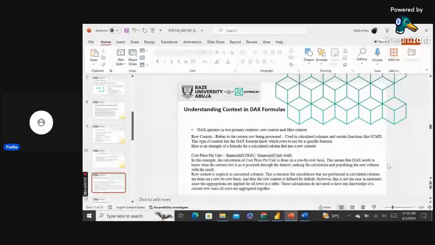It's a row context. Row context is implicit in calculated columns. Calculated columns are done on a row by row basis, thus the row context is defined by default. In measures, it is aggregate. You're doing sum, count. You don't need to have any knowledge of a current row since all your